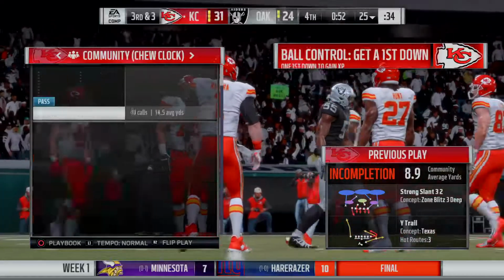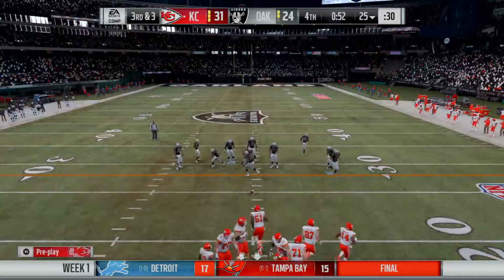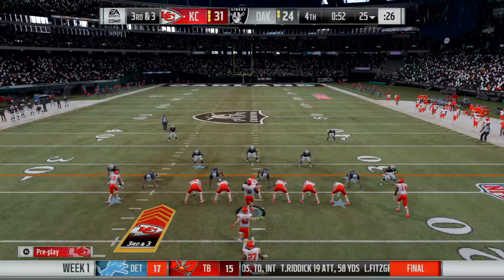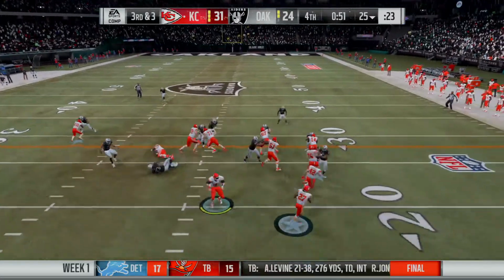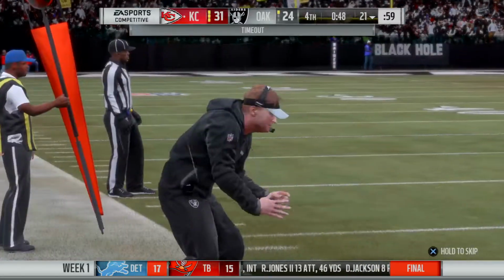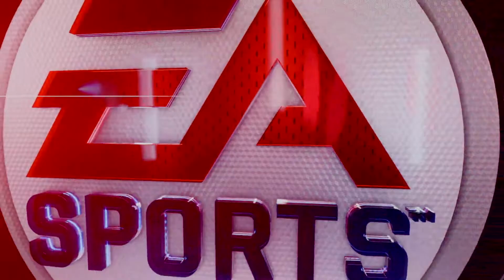Before the game, they were running the route tree about as efficiently and effectively as we could have possibly imagined, but sometimes the passes just go awry. Yeah, let's face it, when you're running the route tree in pregame, you don't have defenders breathing down your neck. You don't have defensive backs making plays on the football. Hard to replicate the intensity of the game in pregame. Now the Raiders are going to...